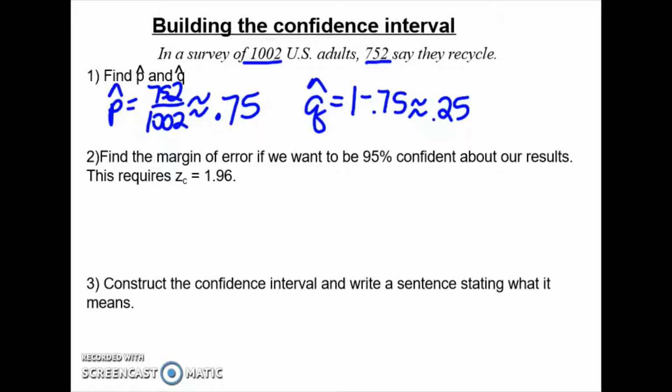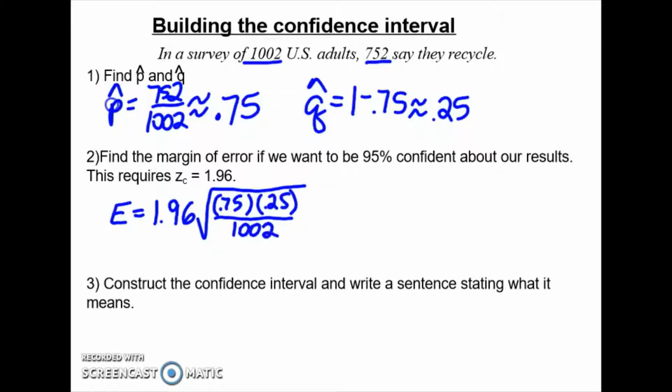Now I want to set up my confidence interval. So to do that, I need to find my margin of error. So my error is going to equal my z-score. In this case, because it's 95%, that's going to be a z-score of 1.96. Do the square root of my p hat value times my q hat value divided by my sample size. In this case, it was 1,002 people. And if I simplify my expression there, I get to about